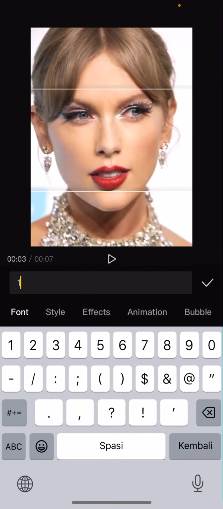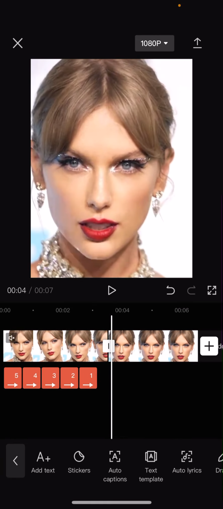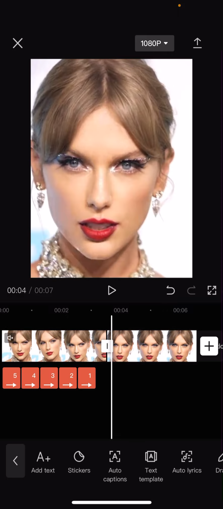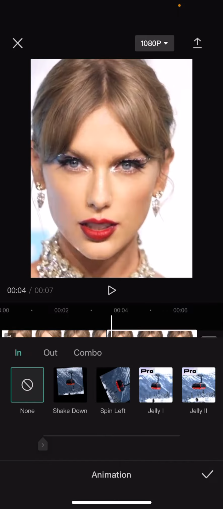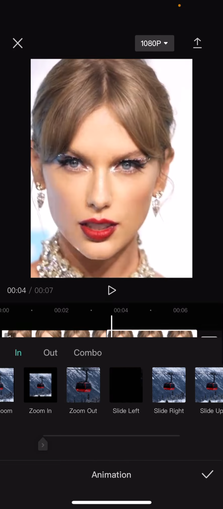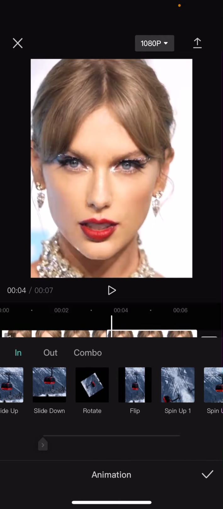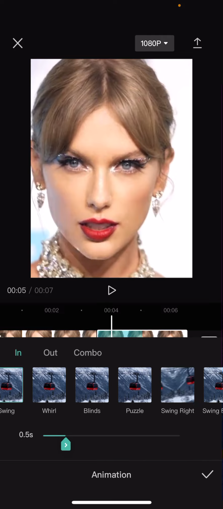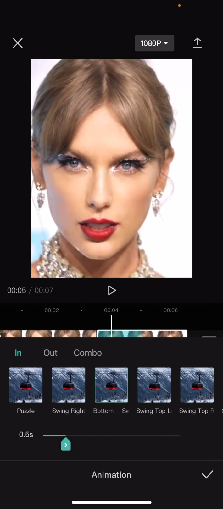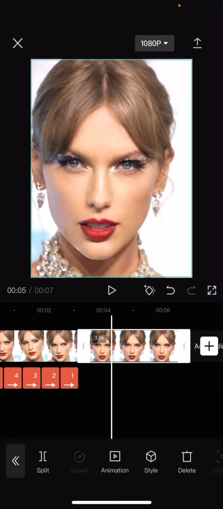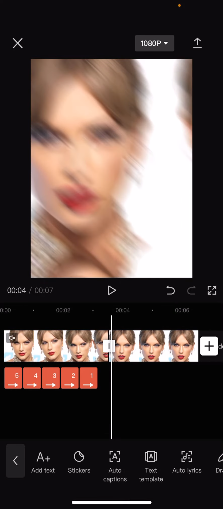Hold on. You're just going to select this video and go to animation and then go to in, and you are going to select swing, I think, or was it swing left? You're going to click swing left, and then you're going to add an effect though, so go to